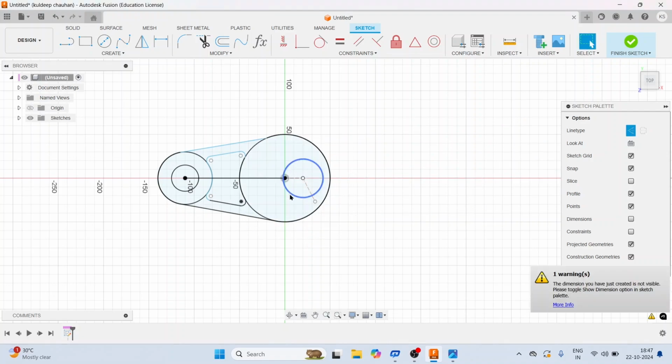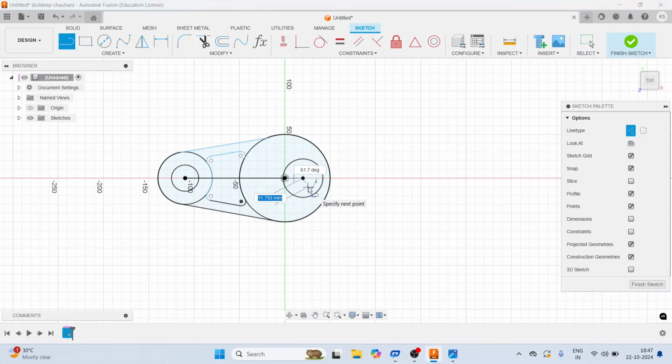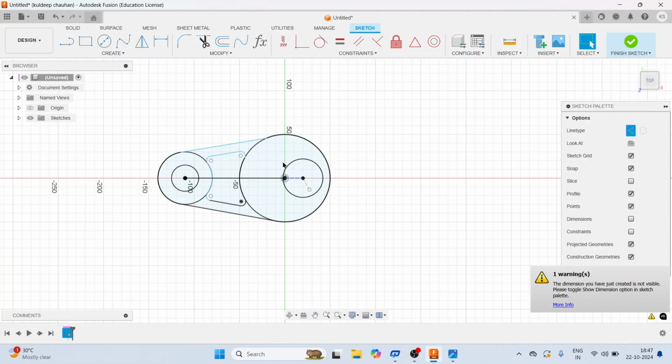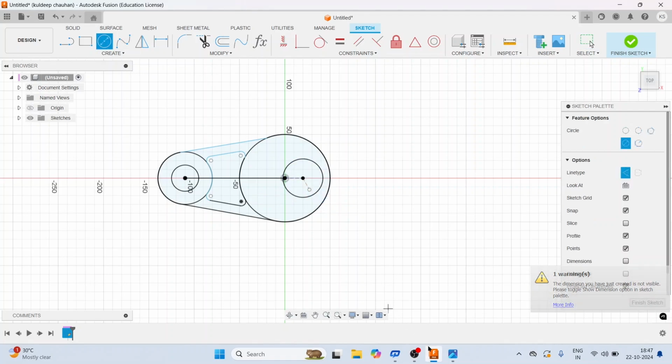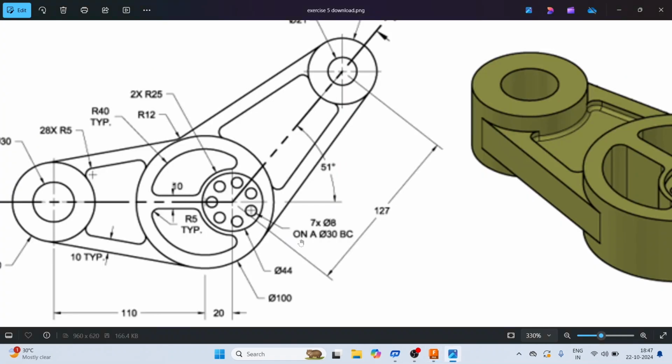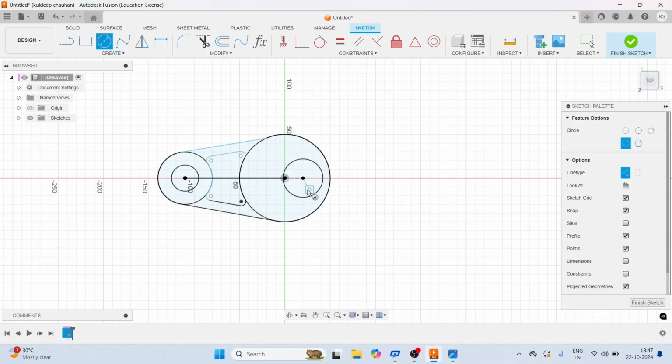Wait, I think something is wrong here. We will make this line 15 millimeter, because 30 millimeter is the diameter, so the radius will be 15. Now we will make a circle on it. The circle diameter is 8, as you can see in the drawing.